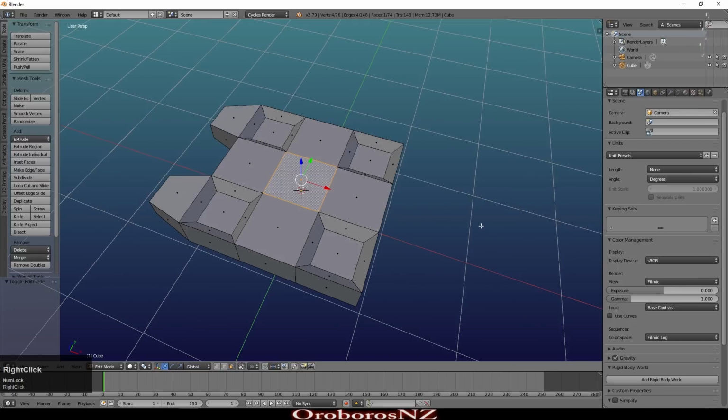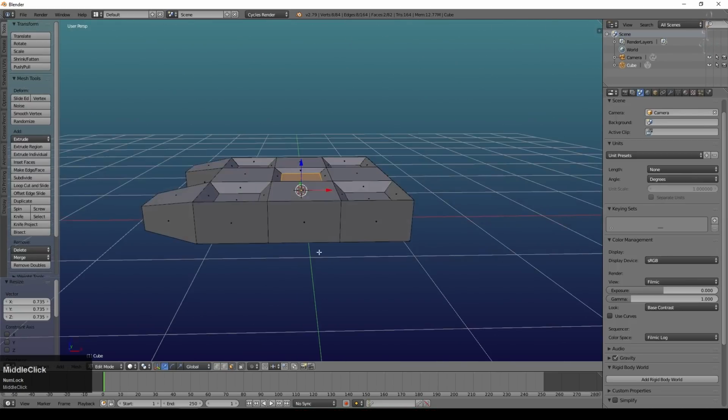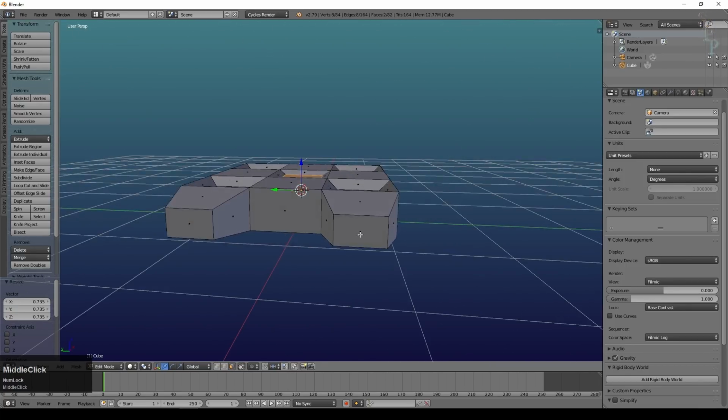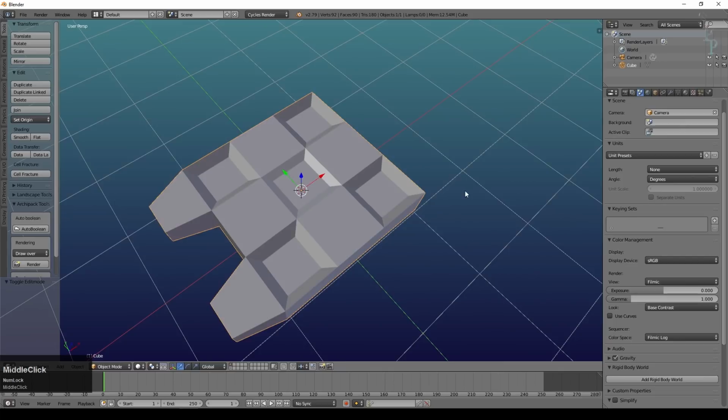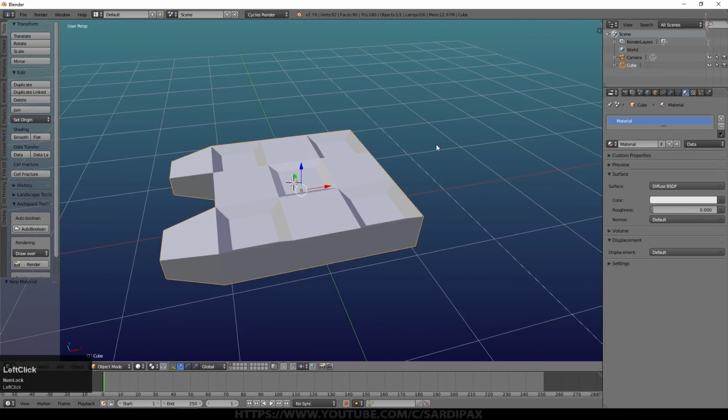Maybe even this one and this one. And because I left it on median, it's gone inside as well as shrunk the face. So we've got a number of facets there. I'm just sort of adding a few more. The thinking was to just catch the light somewhat. Have lots of faces that would catch the light and twinkle sort of thing. So that will do for our shape, and then we'll apply a new material.